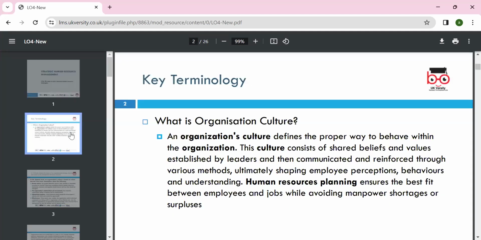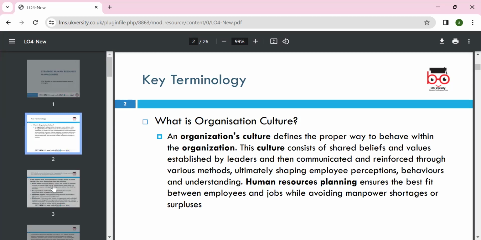human resource strategy. So in today's lesson, first we will discuss what culture is. Culture means norms and values. So we carry on using the term think globally, act locally. An organization's culture defines the proper ways to behave within an organization. This culture consists of shared beliefs and values established by leaders and then communicated and reinforced through various methods, ultimately shaping employees' perceptions and behaviors, understanding human resource planning, and ensuring the best fit between employees and the job, avoiding manpower